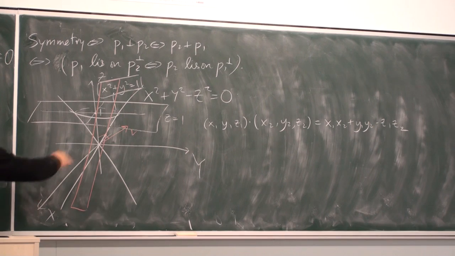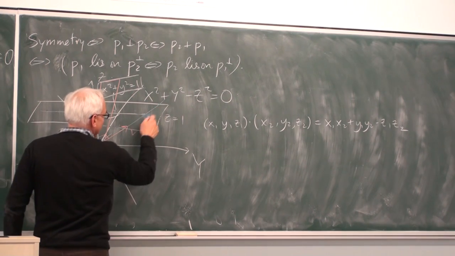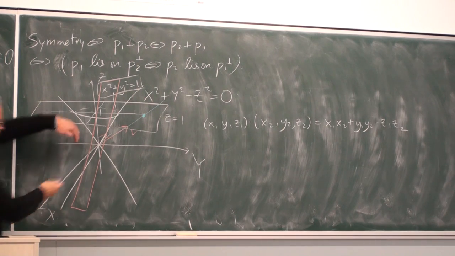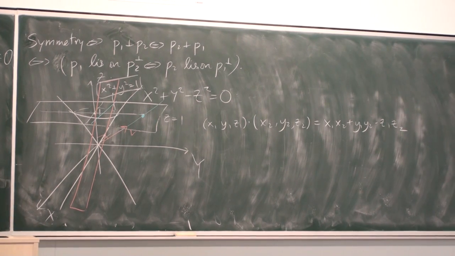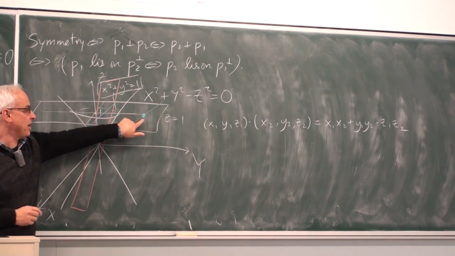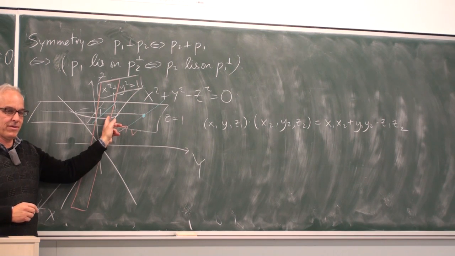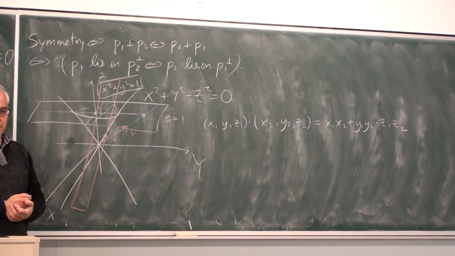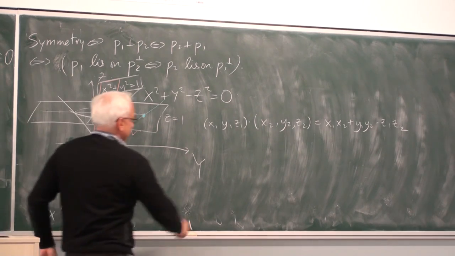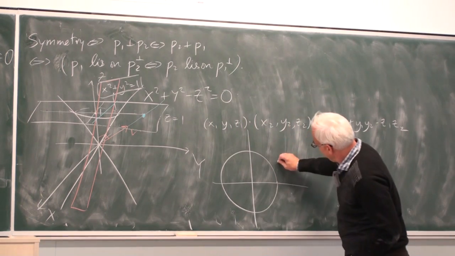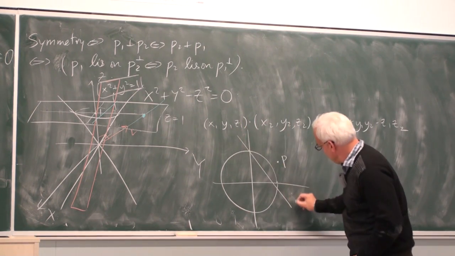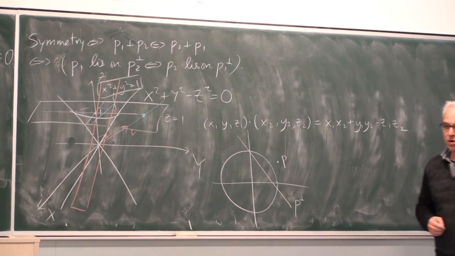And if I intersect these two things with the viewing plane, we intersect this line and we would get a point like that. And if I intersect this plane, we would get a line. And these would be exactly the polarity of Apollonius with respect to the unit circle. So what happens is that if we go back to the unit circle picture here, if we have a point P like this, then its polar line is like this.